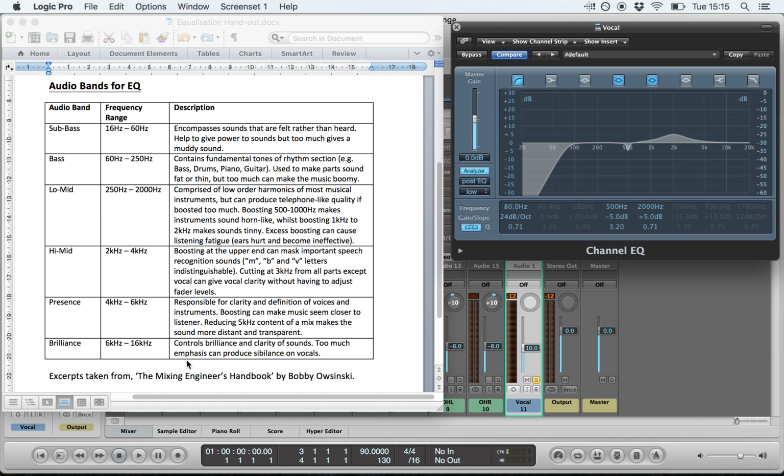With presence and brilliance, what we're aiming for here is to give a little bit of a shine and shimmer to the vocals. So what we could do is add a high shelving filter at the higher end of the frequency spectrum, somewhere between 6 and 16 kHz, and boosting with a low value for your Q will help to ensure that it's smooth and it's impactful enough that it's not too